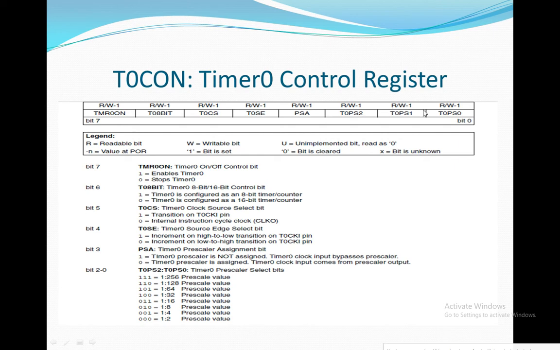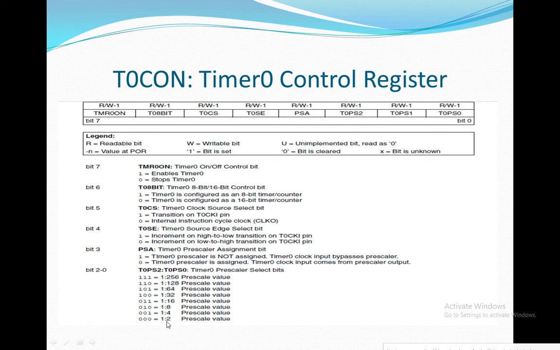Next is the pre-scaling option assign bit. PSA is written with 1 to disable the pre-scaling option. If written with 0, then the pre-scaling option is enabled. These are the pre-scaling options. Three bits are given for this, T0PS0, PS1, PS2 pre-scaling option.